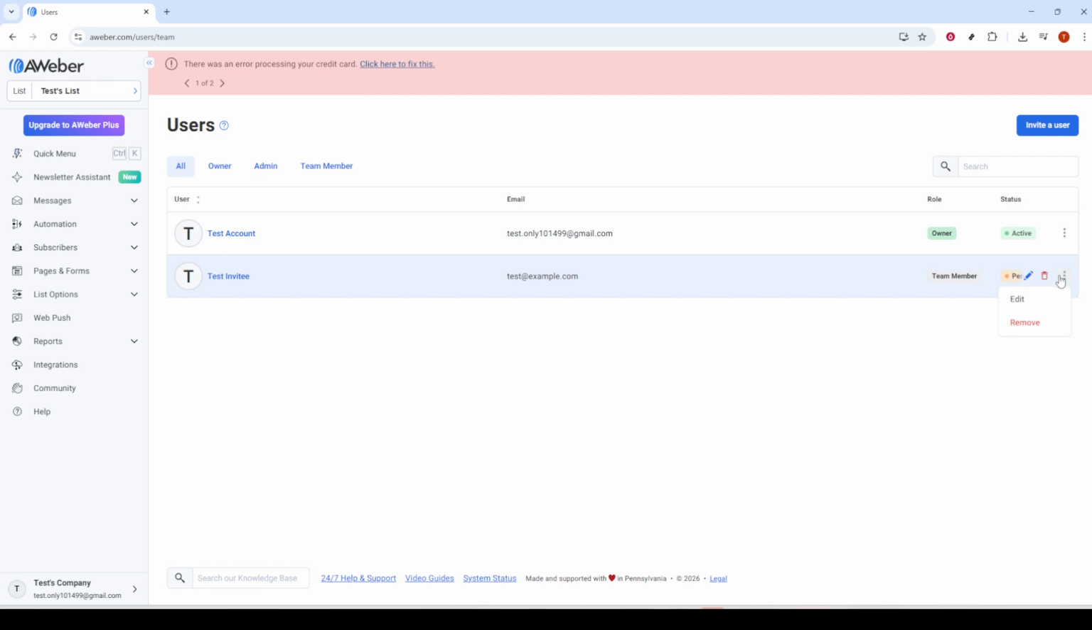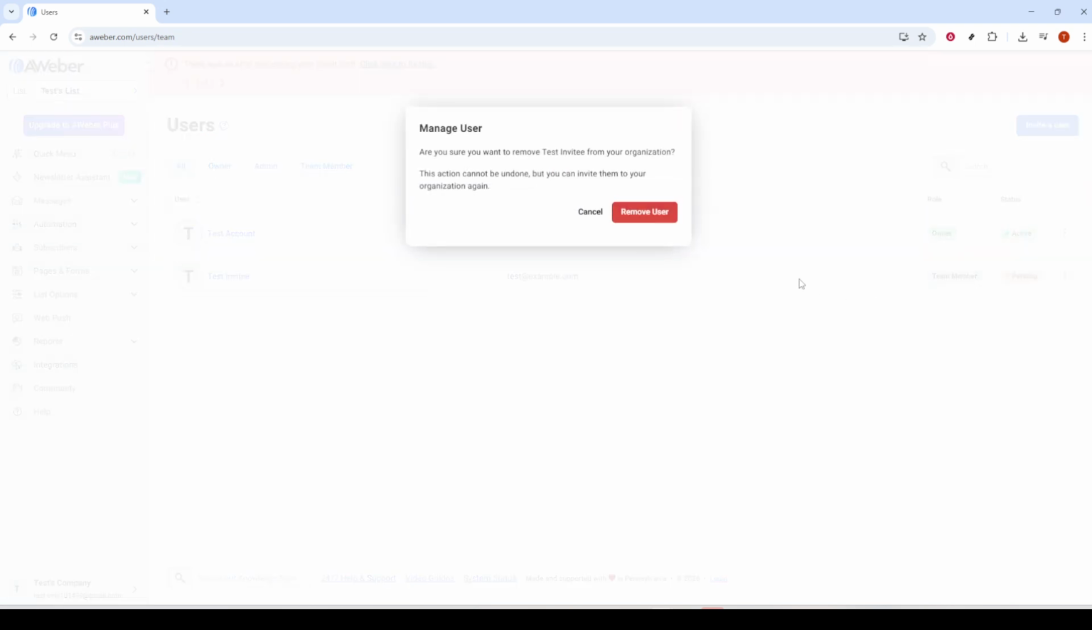From the menu that appears, click Remove. This action revokes that user's access to your AWeber account, and it typically takes effect right away. Your lists, messages, and automations remain intact. You're only removing the person's ability to log in and make changes. If you ever need to work with them again, you can invite them back later, but for now, their access